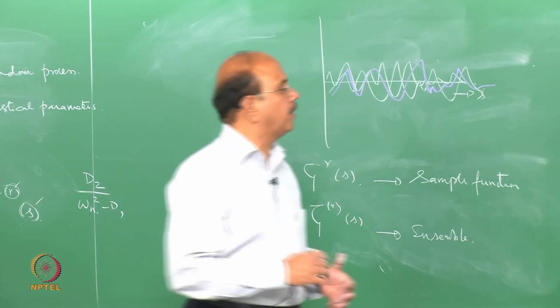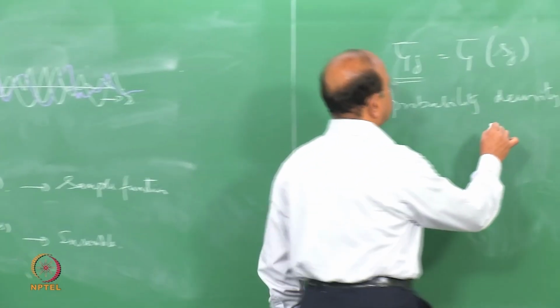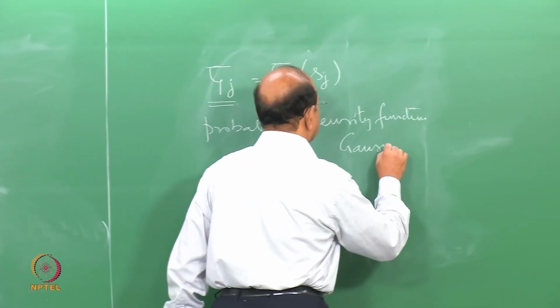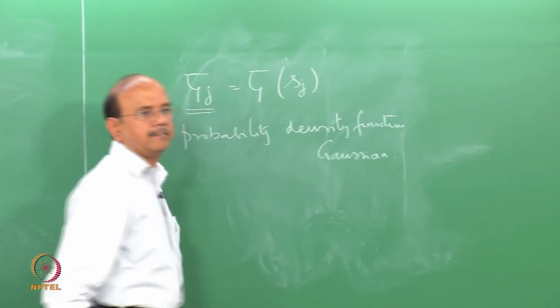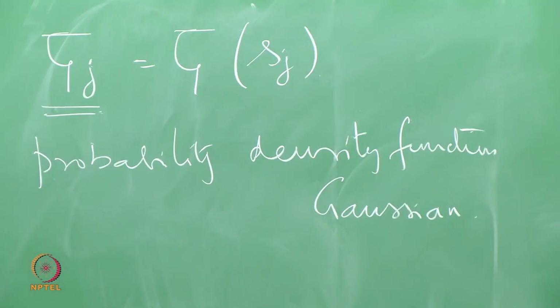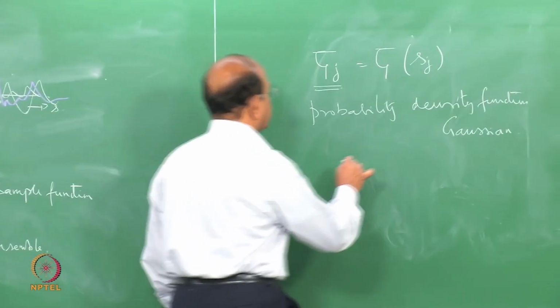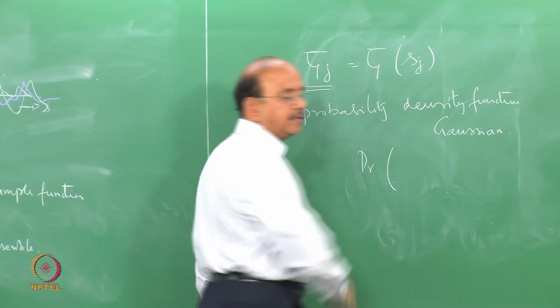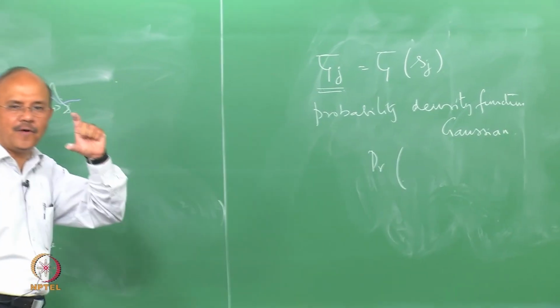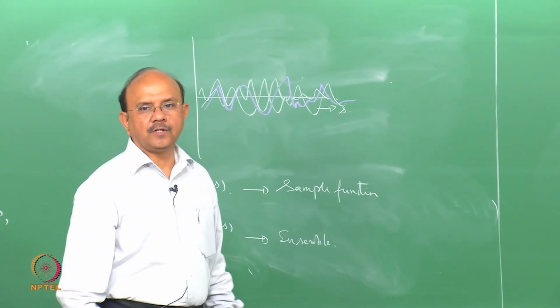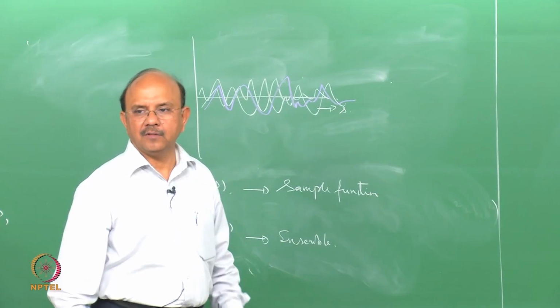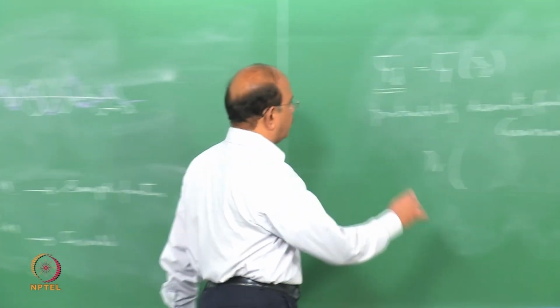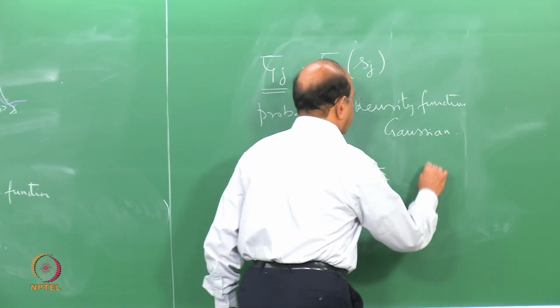One of the most popular is the Gaussian distribution function. Going back to the definition of the probability density function, the probability that this roughness value, which I would now start calling a random variable, is between the values of A and B